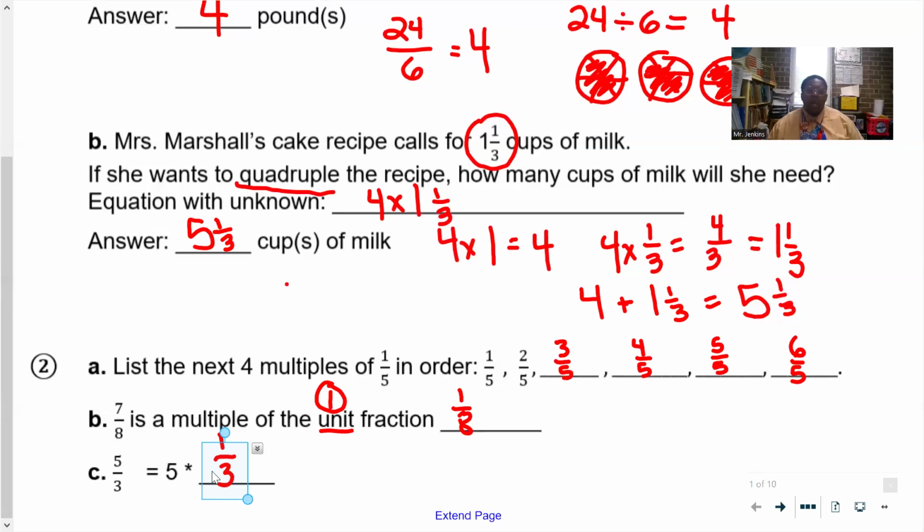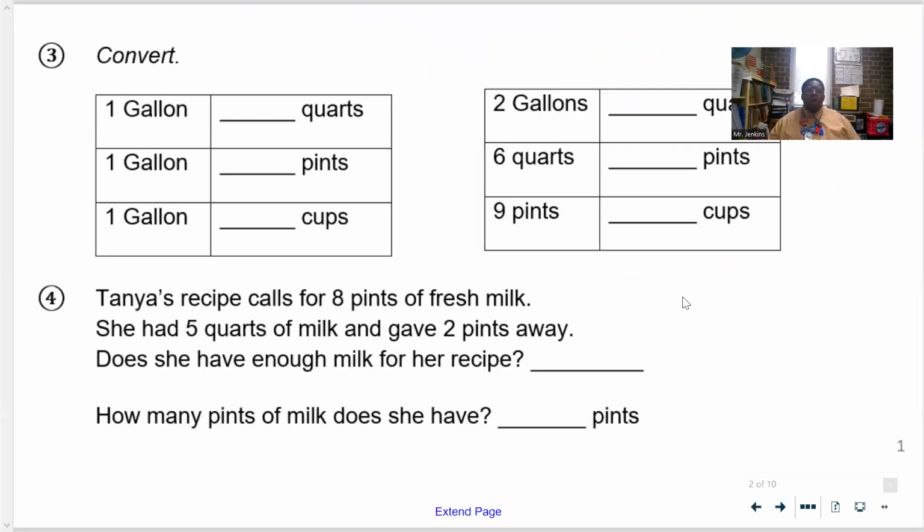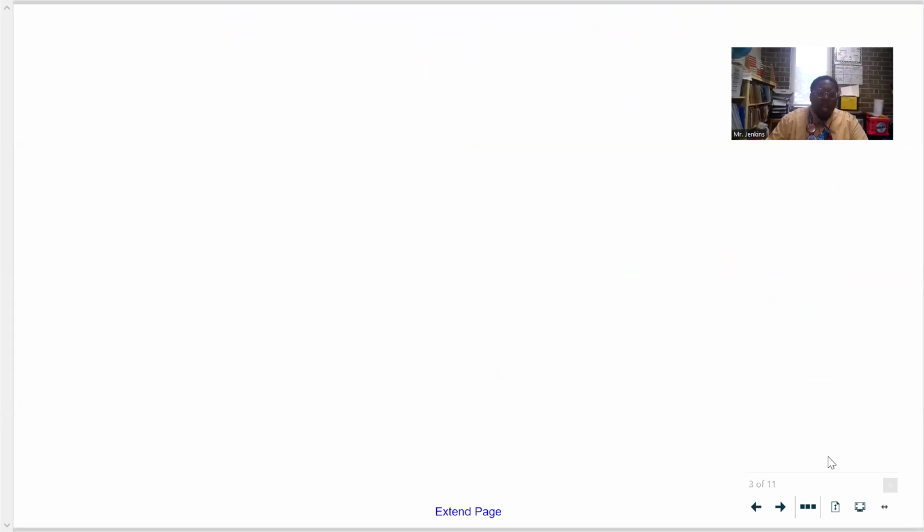Okay. Now, let's go ahead and move on. We're going to look at this next part here, and for this next part, we are going to convert. Now, for this, I am going to draw a picture. And guys, on your test, you need to make sure you are drawing something to help you keep track of your conversions. So if you don't know this, let me tell you the story of the Kingdom of